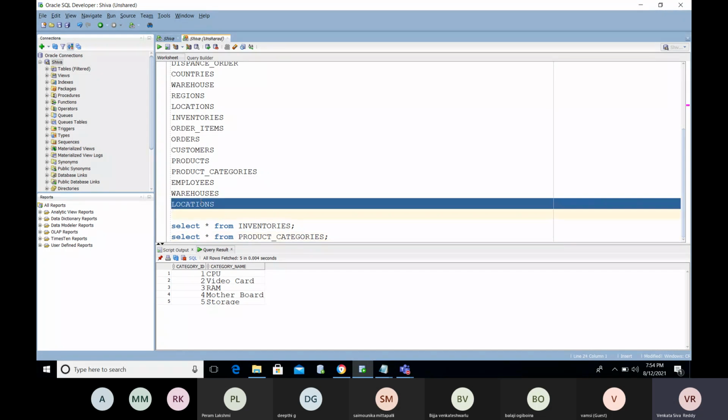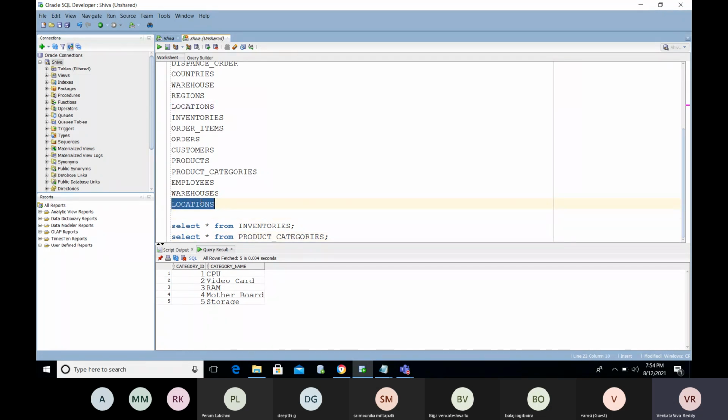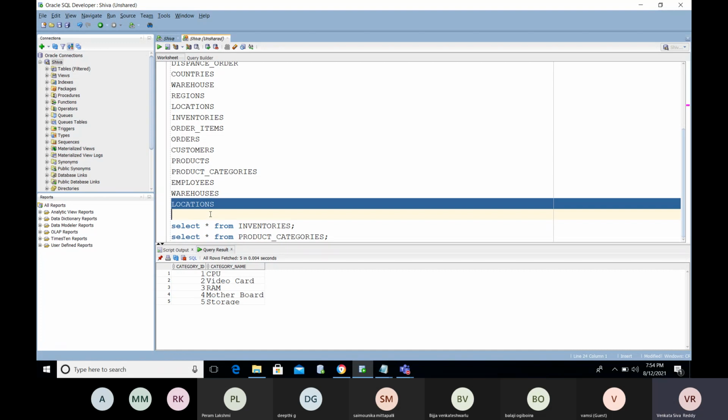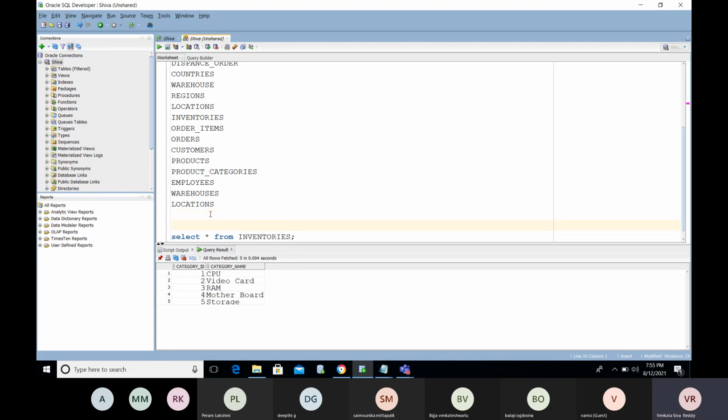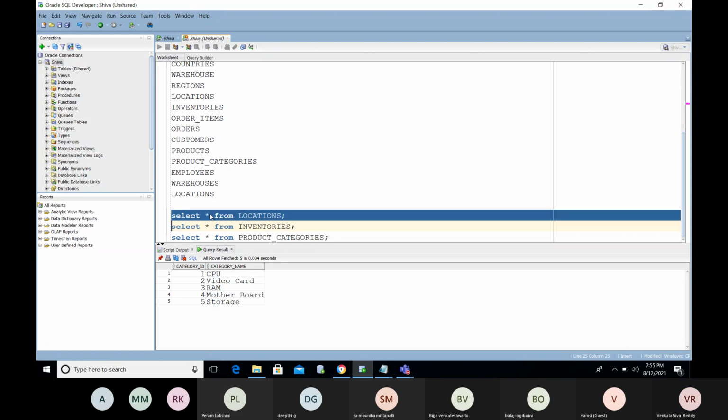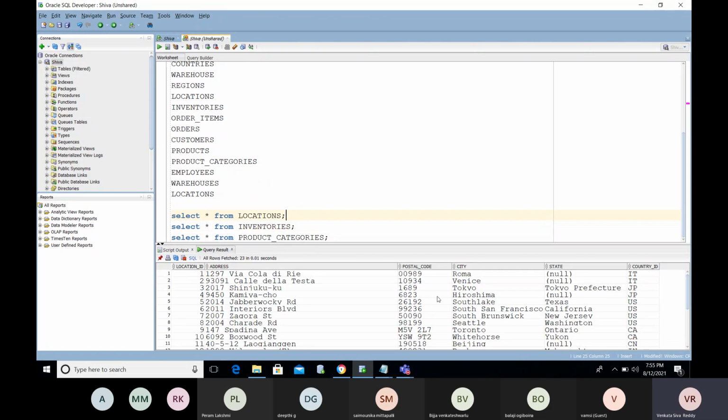The location table has a relation with countries. The location table has the country ID linked with the country table. The employee table has the employee ID, linked with which one?